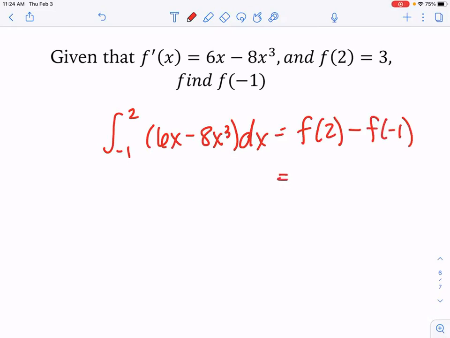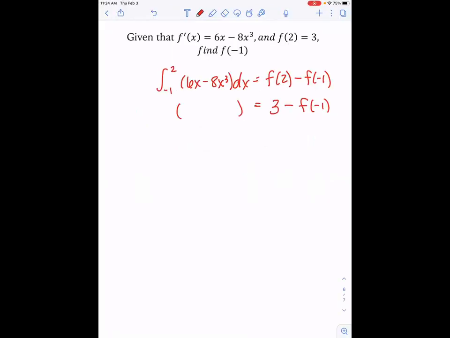Okay, and we know that f of 2 is 3. Okay. Over here, when we apply the first fundamental theorem of calculus,